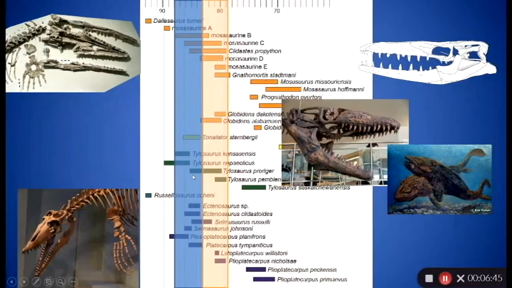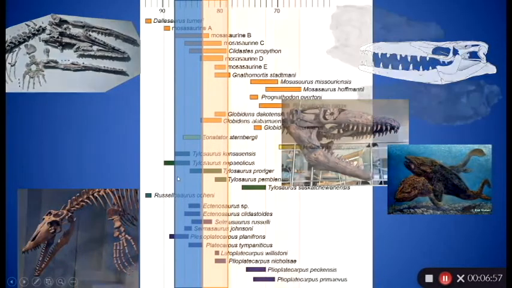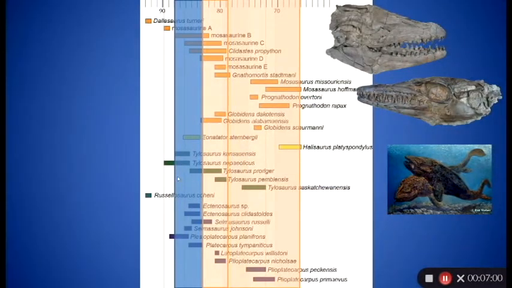And then later on in time, highlighted here in orange, you see a big increase in anatomical diversity in mosasaurines, and that's also associated with an increase in taxonomic diversity within the group as well. And then you retain that high disparity in mosasaurines throughout the rest of the Cretaceous when you see a big diversification, especially in the portions of the skeleton that are associated with prey acquisition and processing. You get things like globidensines, Prognathodon, and Mosasaurus all looking very different and very likely doing very different things in